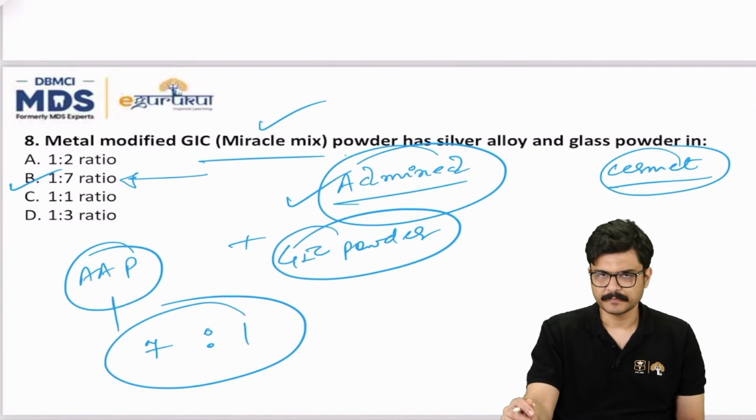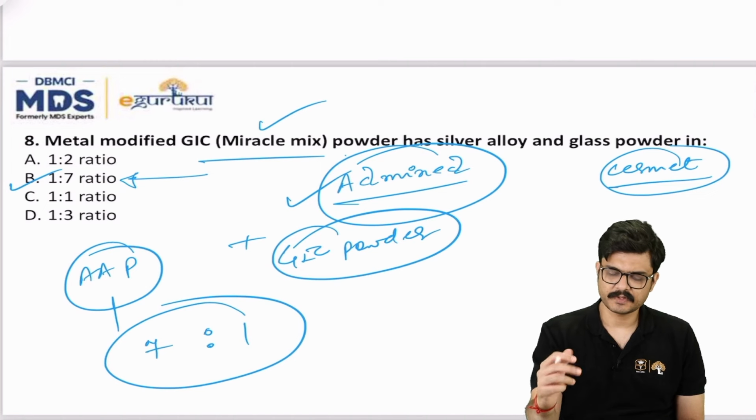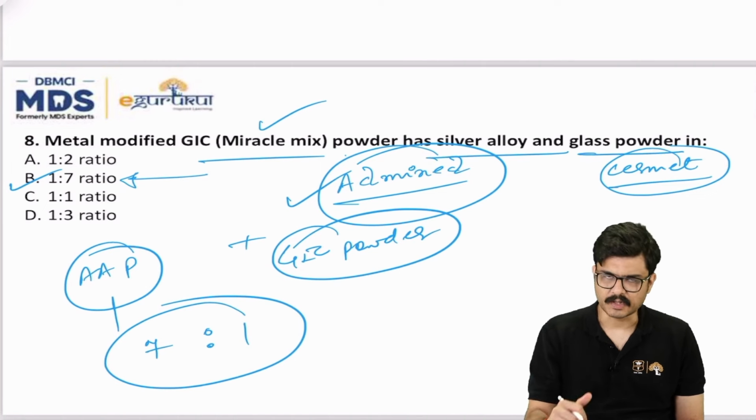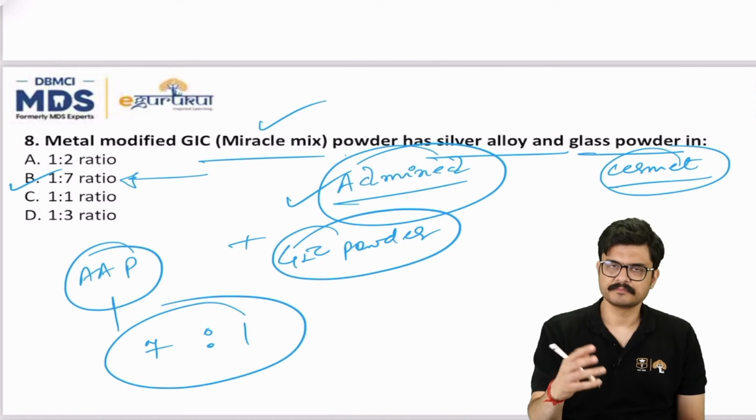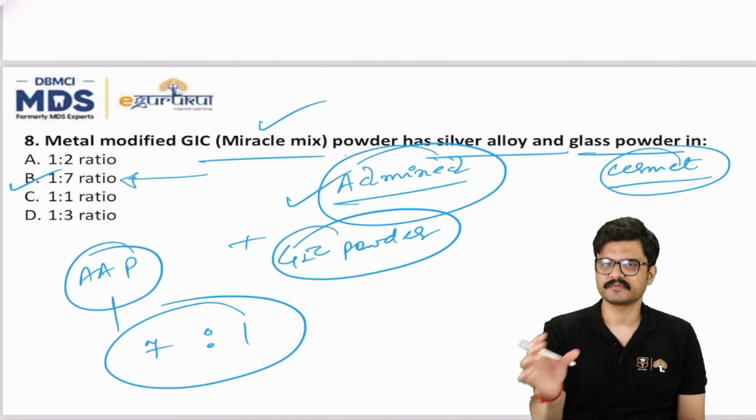The answer is B, right? Ideally, the answer when you talk about the ratio of silver alloy upon glass powder is 7:1, right? But probably some typo error. So the answer is 1:7,